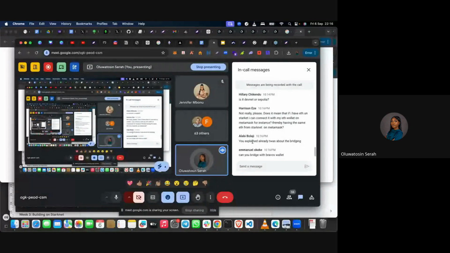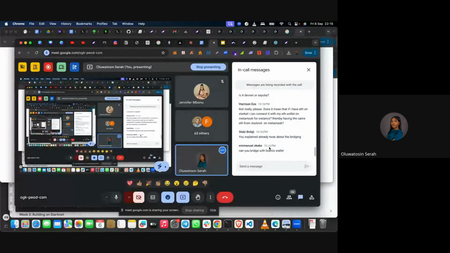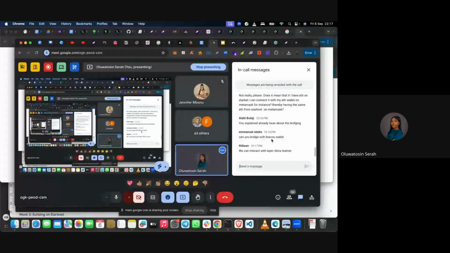Does it mean that if I have ETH on Starknet, I can connect it with my ETH wallet? Yes, you can bridge with Braavos wallet. You have a whole number of wallets you can choose from. So easy. What I'm saying is the way bridging works is like